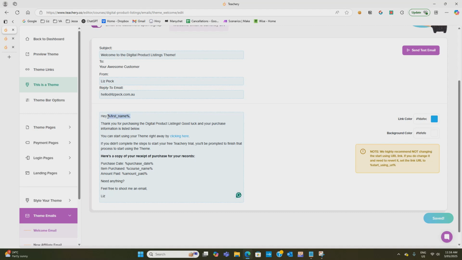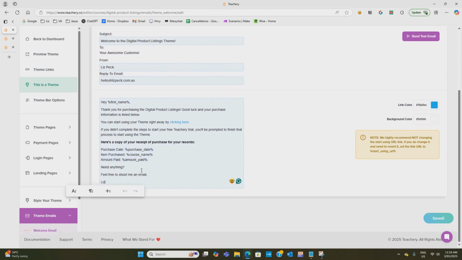Just don't change anything that is already set up with like a code format. So you don't want to change any of these details either, unless you want to take them out. If you want to take them out, you can definitely do that. But all I would do is just make a few tweaks, and then it will automatically save and you can